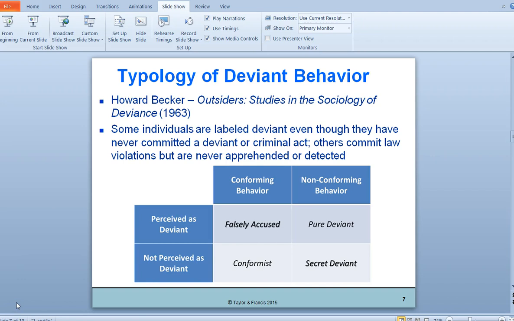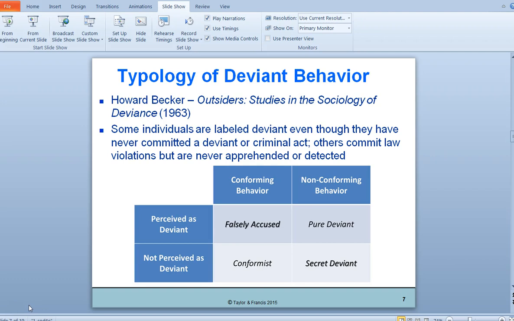And those that have been labeled deviant all share one thing. They share the label of deviance and the experience of being labeled as outsiders, outside of the society's norms. In other words, whether an act is deviant or not just depends on how people react to it. He also believed that the term deviant should be reserved for those that have actually committed a deviant act, and those that have broken rules should really just be referred to as rule-breaking behavior.